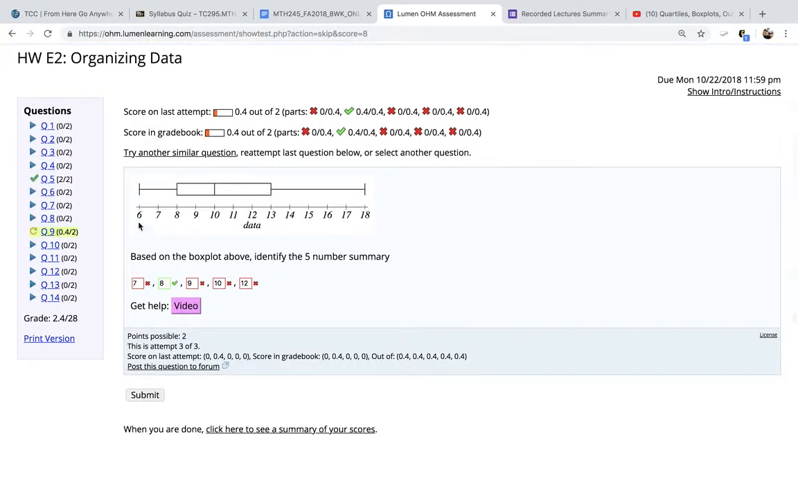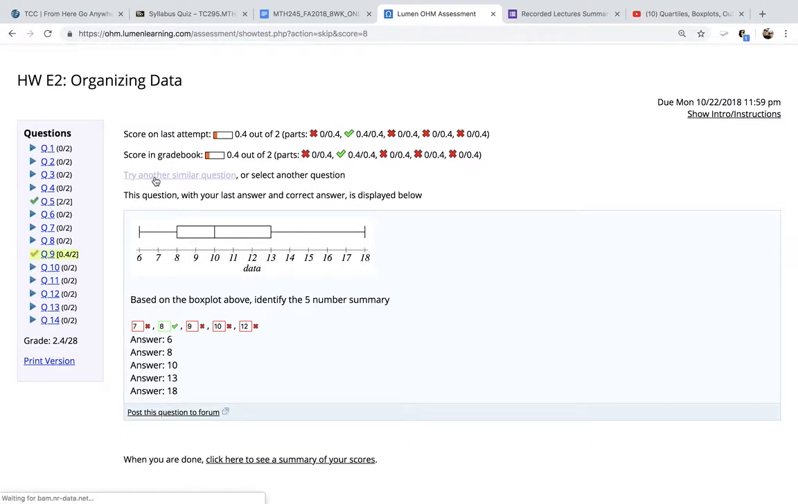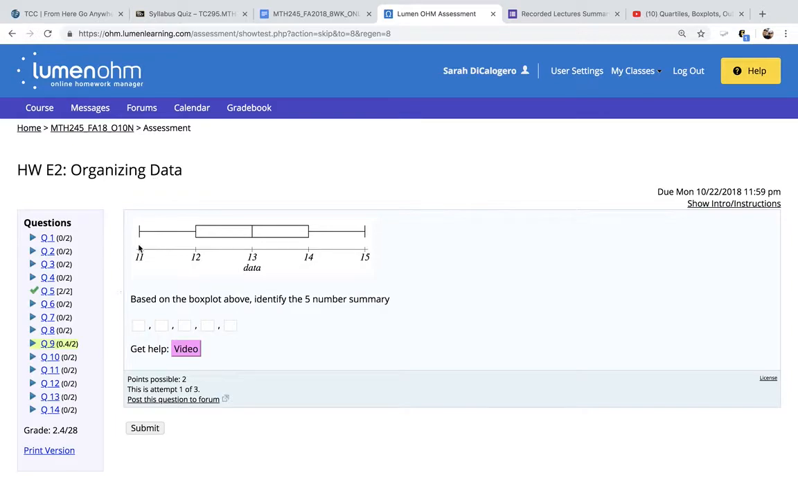And then you can see these numbers, see how 6, 7, 8, 9, 10, up to 18. I'm going to try it one more time, and I got it wrong. But I can try it again. I can try a similar question, and you see how the numbers are different in this question? I could actually